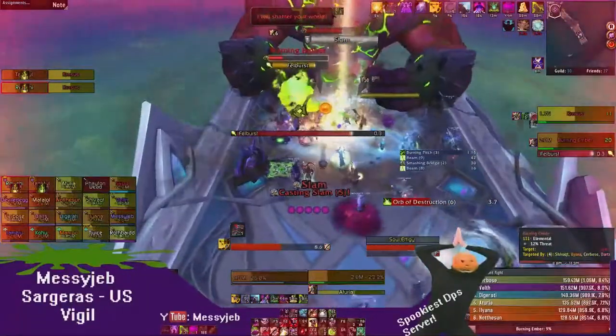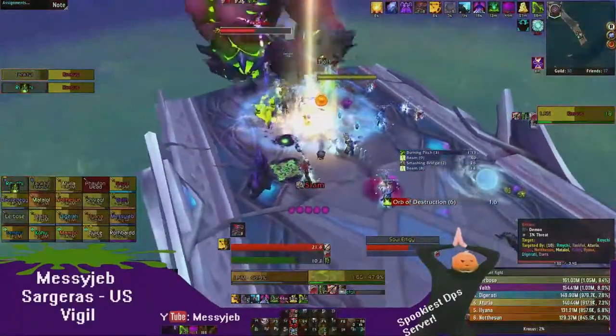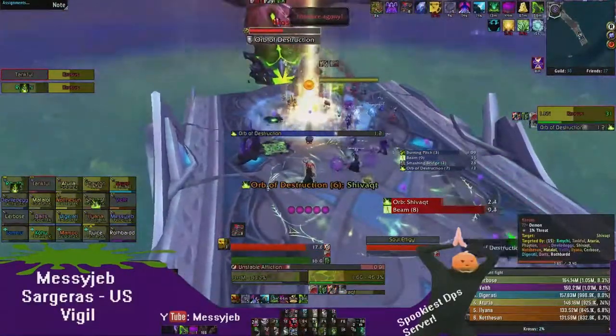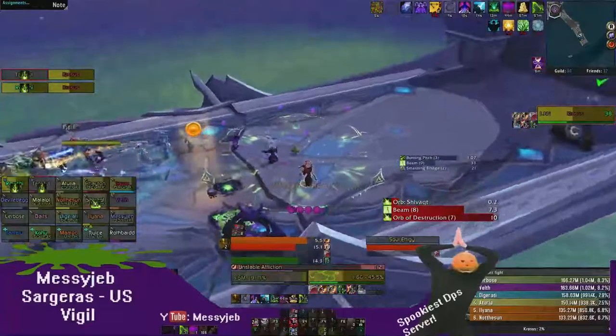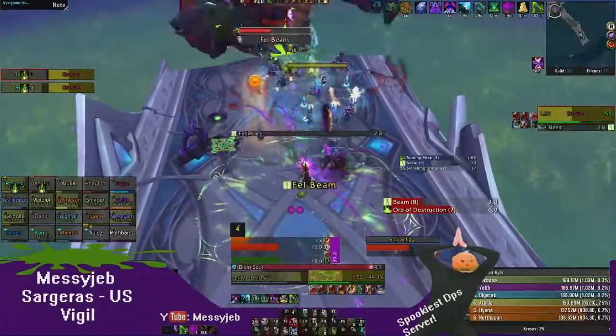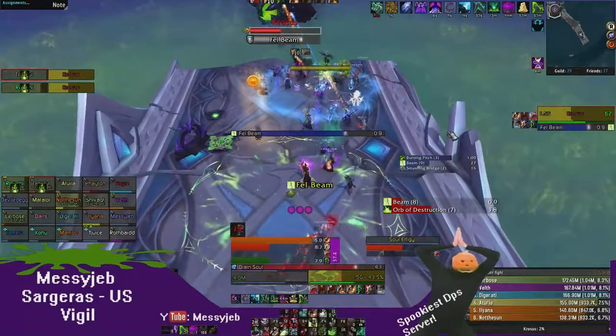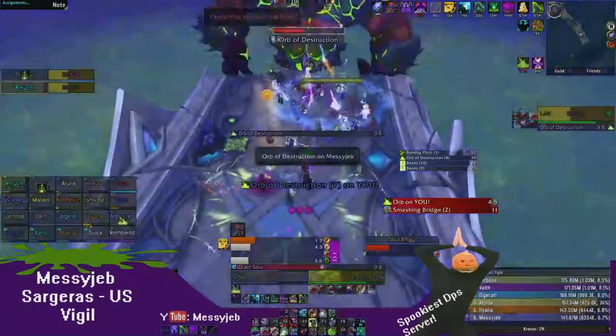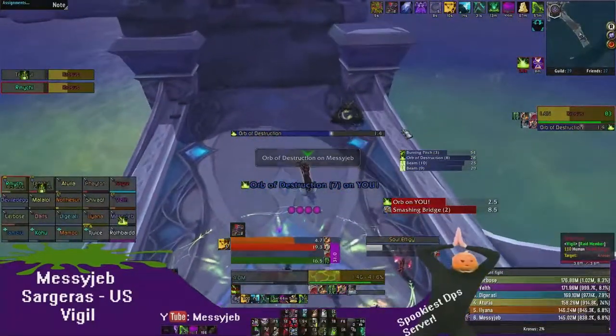Once again, I was more focused on the adds because I wanted to get the kill. We had wiped a couple times from being careless with the soaks, so I ended up being a little bit too worried about that, but even then it's fine. I always count on my raid to do enough damage for me, and they definitely made up for my deficit on this pull. So you'll see that I'm just going back and forth, making sure my dots are up